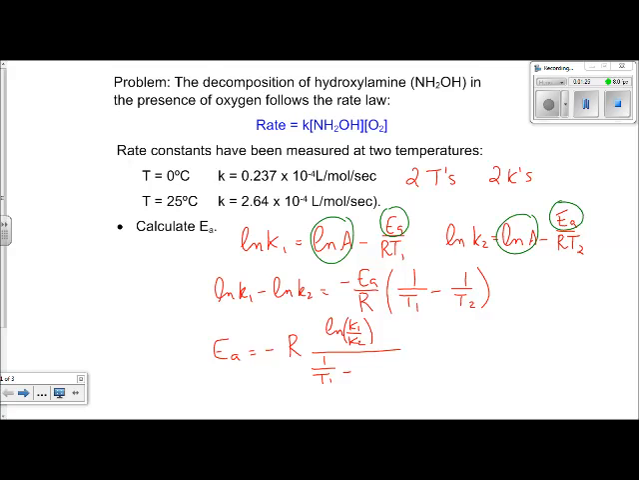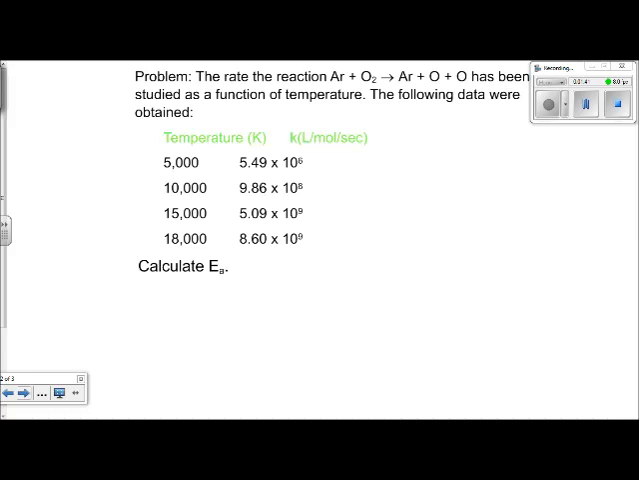Be careful when you're entering these values into your calculator. It's difficult to get it right all of the time. The number you should come up with is 65 kilojoules per mole, and those units come from the gas constant, the R value. In the second problem, we have a number of experiments that have been done, and therefore a